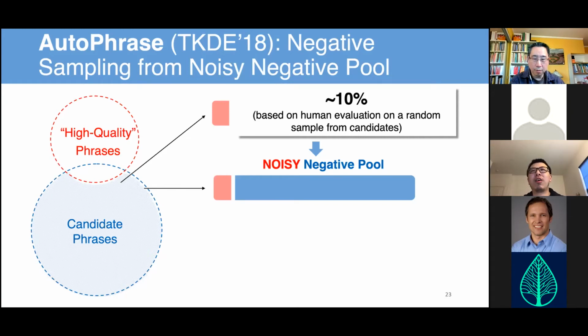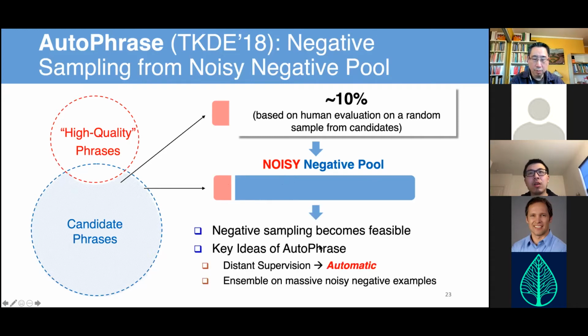So you can tell this 10%-ish is something you can expect, because when you have a long enough quality phrase, you actually introduce way more negative ones there. So all these things make this negative sampling possible. We can randomly select some negative samples from this candidate pool, the rest of the candidate pool, and train the classifier. We call this idea distant supervision, because Wikipedia is not designed for this phrase mining task. We borrowed that from a faraway place to get these things done in phrase mining.